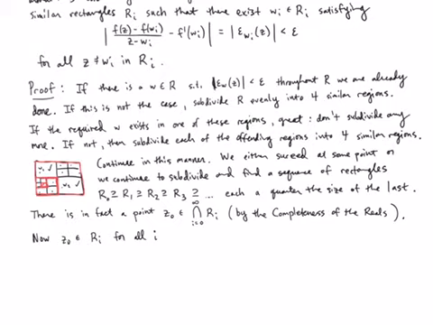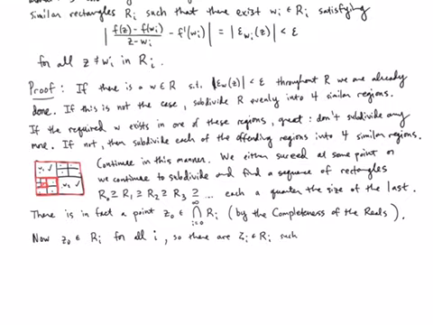So that means there must be some z sub i, or maybe I'll say zeta sub i. So Z0 is in R sub i for all i. So there are zeta sub i in R sub i